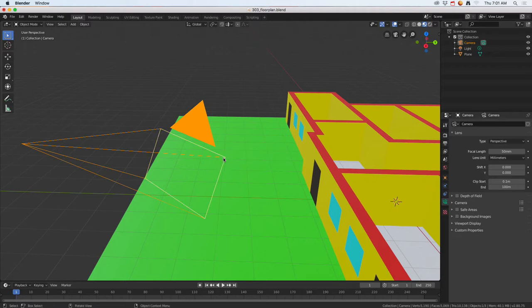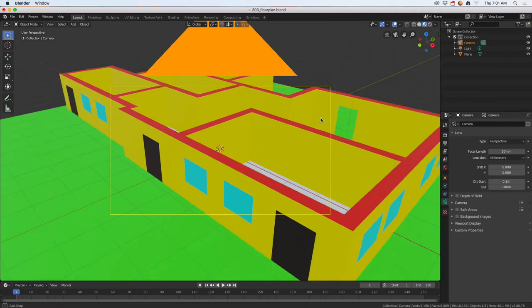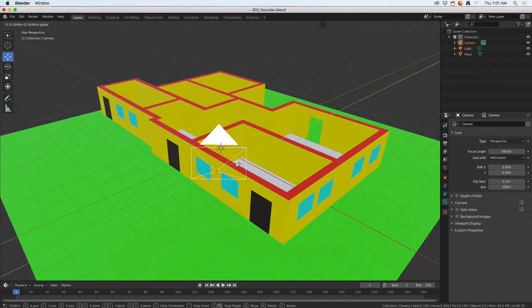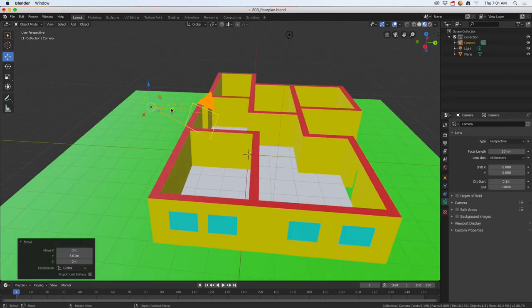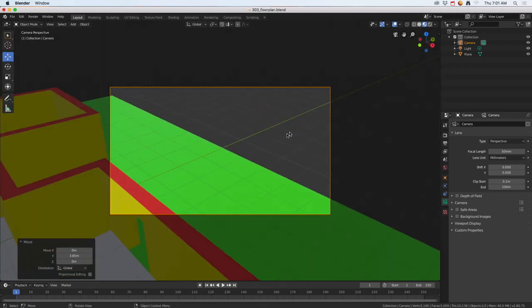To see what your camera is looking at, click on the camera icon, or you can press 0 on your number pad. And right now my camera is not where I want to have it go. So a couple ways you can move this. One way is to use the move tool and move that around, but then you can't really see what you're looking at. So this sometimes helps, but an easier way to do this is go inside your camera,